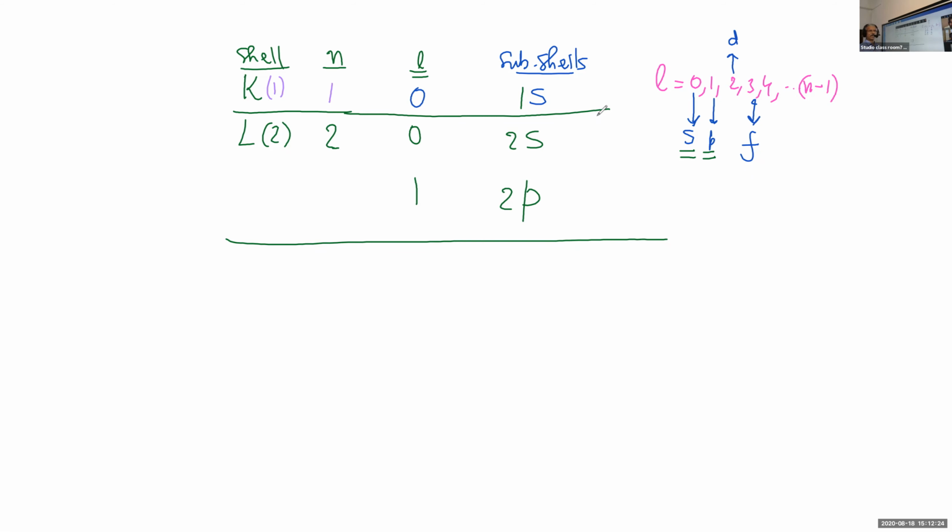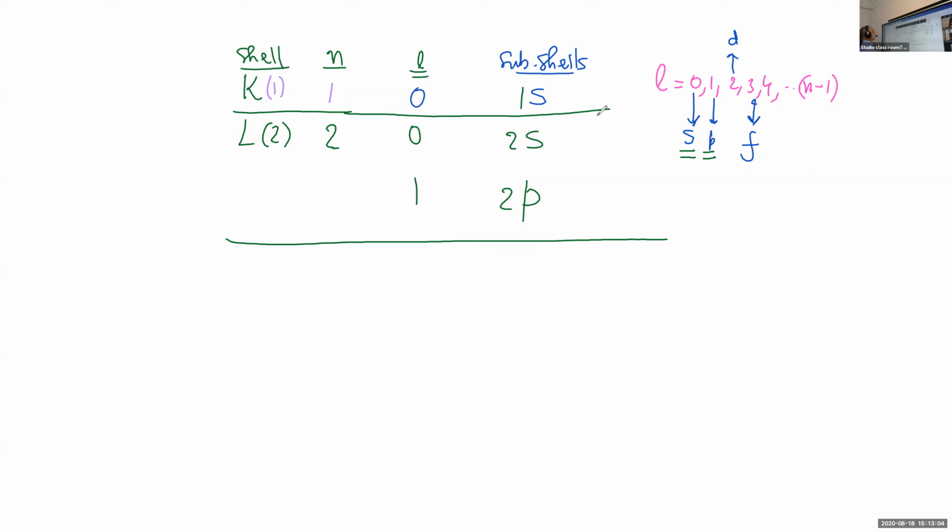The same thing we have studied through another approach in the previous classes. We are paving the way for a new approach. That's all. We are coming to the same conclusion. And if L is equal to 0, then it is the S subshell. If L is equal to 1, it is a P subshell. And here the subshells are of the second shell, so you write them as 2S and 2P.